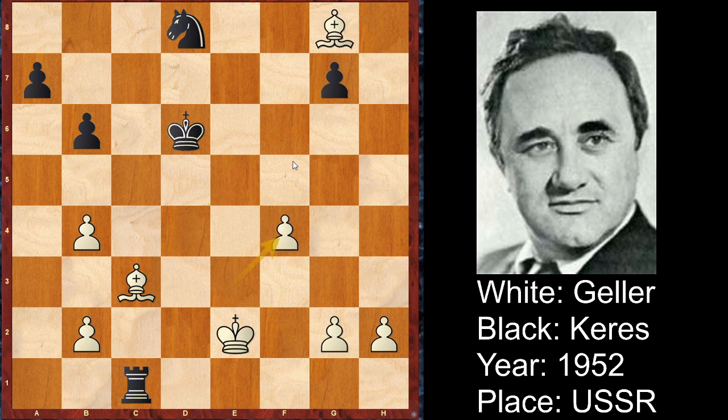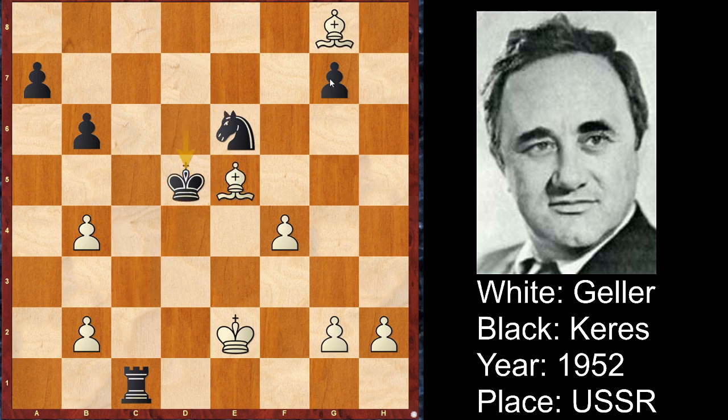Now after exchange, these two bishops are so active that, well, black defended the g7 with the knight, and then before going for the kill, white plays bishop e5 check, black moves to d5, and that leaves the knight pinned. So white captured the pawn